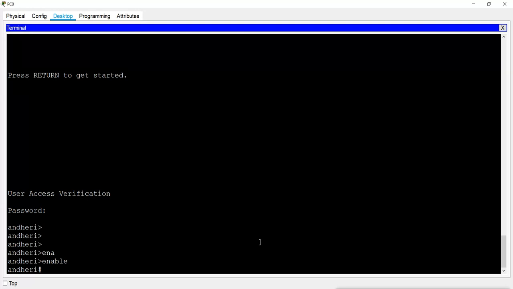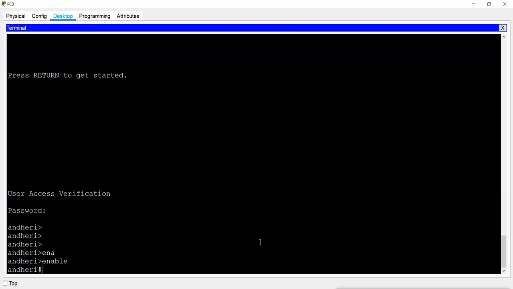Now any other port, like you connect it from the auxiliary port, or even you connect it from the telnet, it will not allow you to go to the privilege mode unless you have a password on it. So for going into the privilege mode, there is a password which we can set, and without the password from the auxiliary port or even a telnet port, you cannot log in, and you cannot go into the privilege mode.